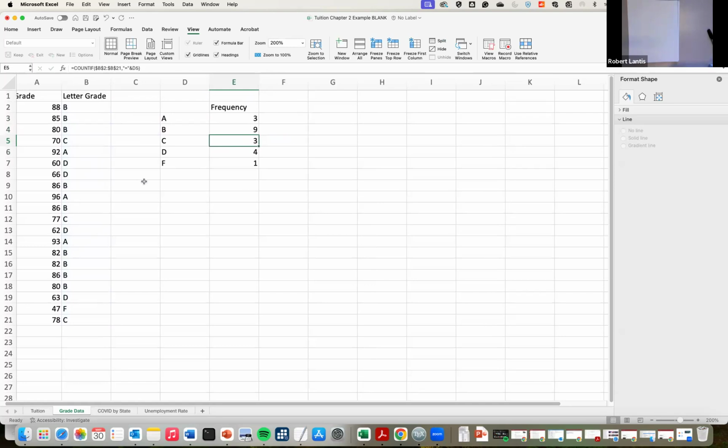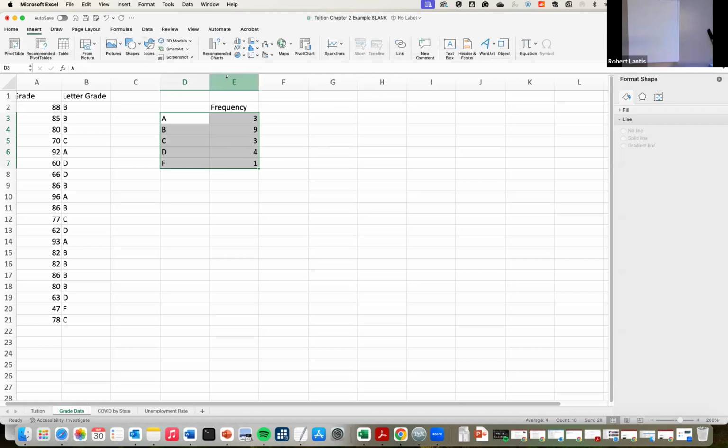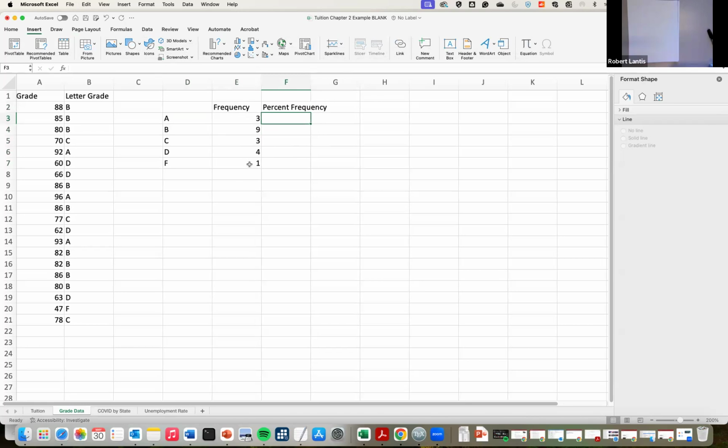I'll now show you how we would do it when we have quantitative or continuous data, and how we would then extend these frequencies to be relative frequencies or percent frequencies. One thing we also talked about is a percent frequency. So how could I come up with this? Well, we take the frequency, divided by the total number of observations, and then multiply by 100. I don't know what the total number of observations is, but one function we have